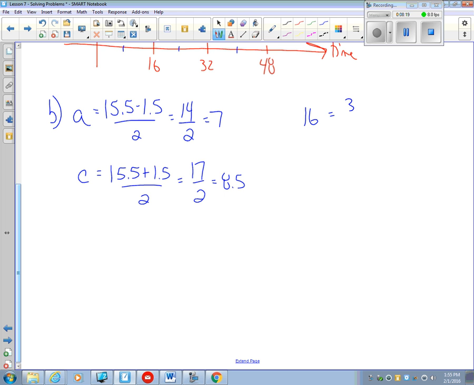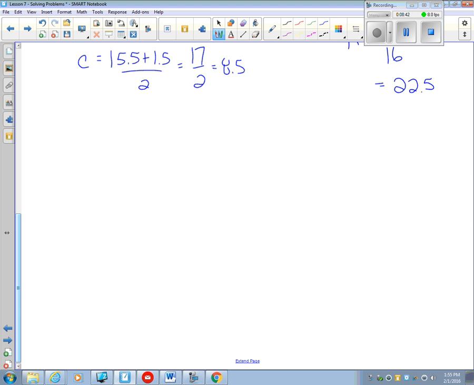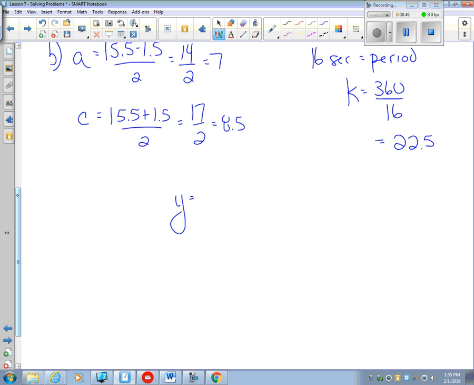16 seconds is the period. Then I can get k by doing 360 divided by 16, and that works out to 22.5. Okay, and then I can build myself an equation. What do I got? Y equals A, our amplitude. And we said a second ago that was a radius. Cos